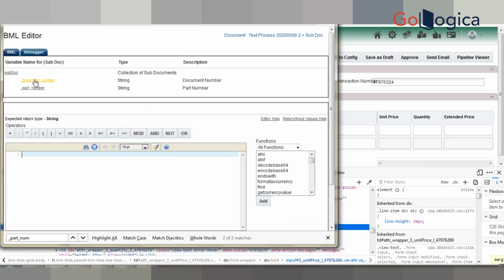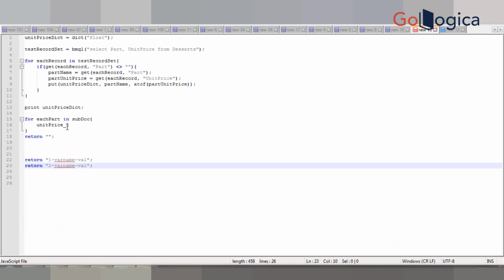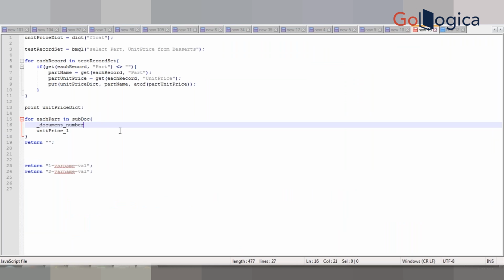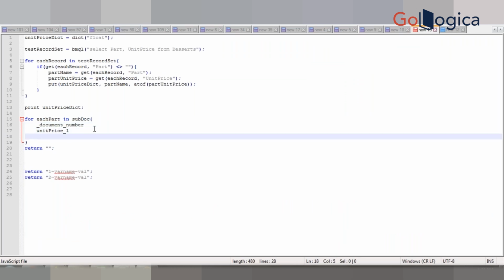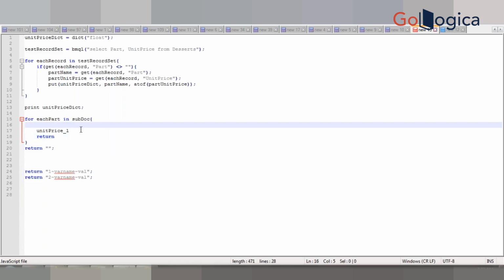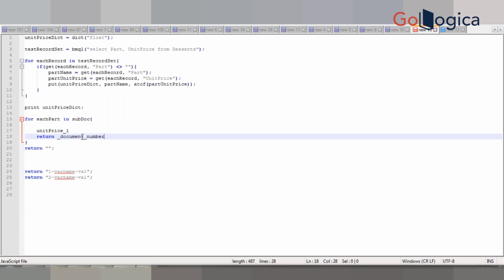Here you will see the document number. Simply click on it. You will find the document number name in this editor. Copy it. Use it in your script. So we have the document number as well now. So what is the return format? We should frame it like that. The return format is going to be return document number